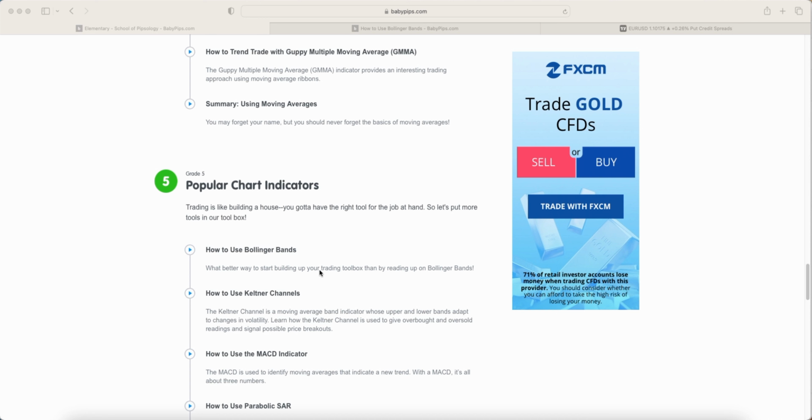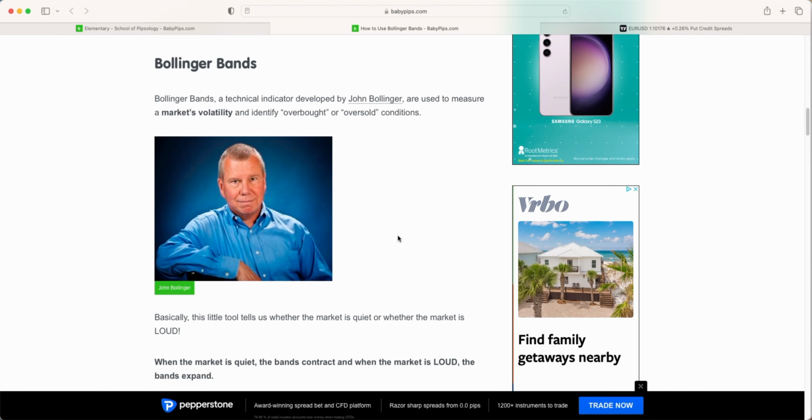So in this Babypips grade 5 popular chart indicators, we're starting with how to use Bollinger Bands. And Bollinger Bands is probably one of the most popular indicators out there, used by a number of traders. And if we head into the actual tutorial, and the tutorial link will also be down below inside the description,